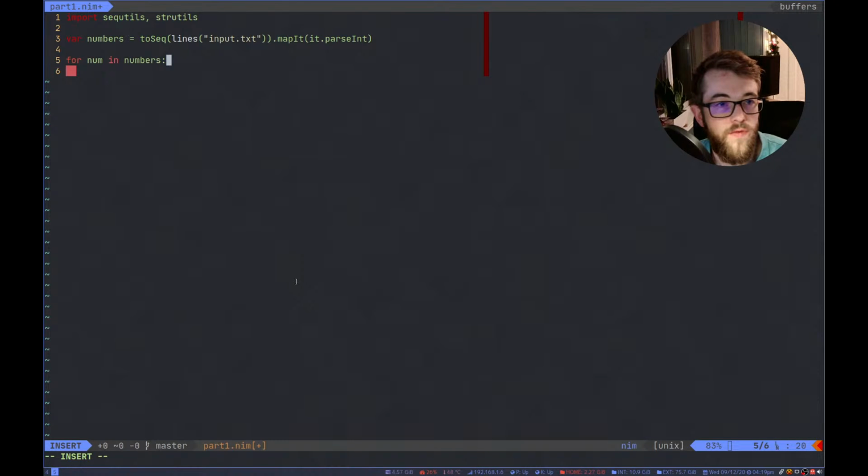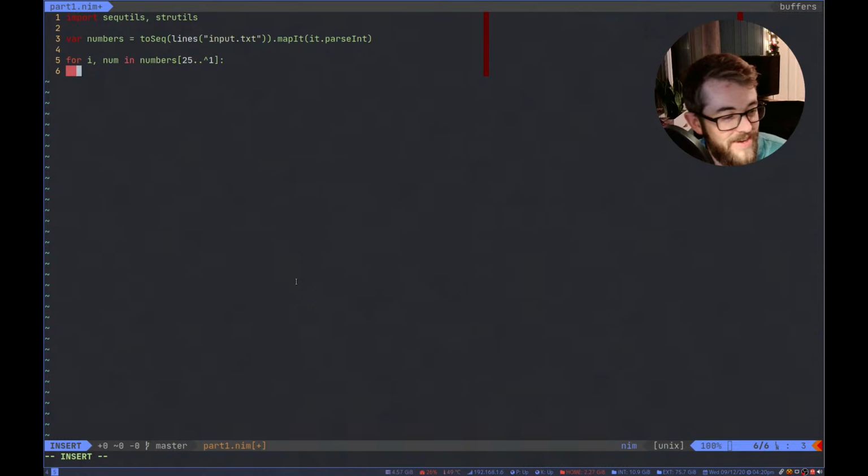And let's go through for i, num in numbers. So i will be our position. We are gonna have to start at position 25. Position 25, yeah, that would be the 26th number.